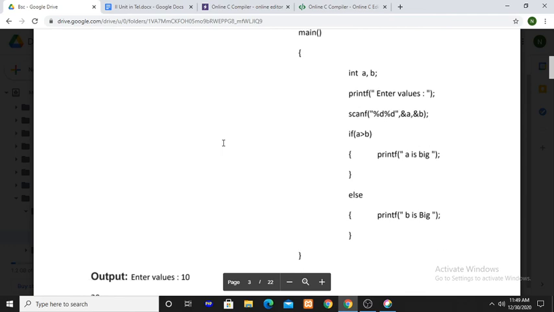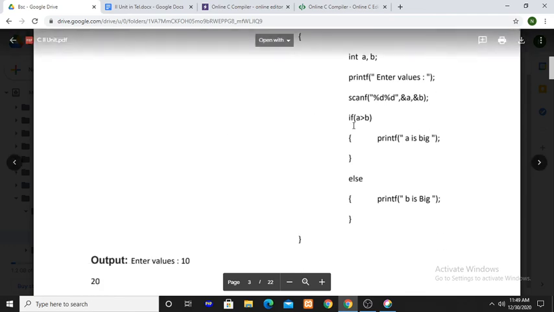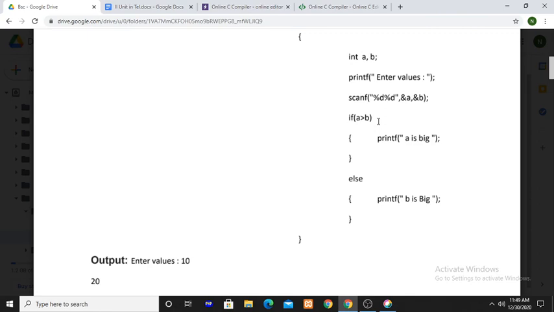So here is another program for the if else block, a continuation of the previous program. If A is greater than B, you are saying that A is big. If A is not greater than B, you are saying the else part.